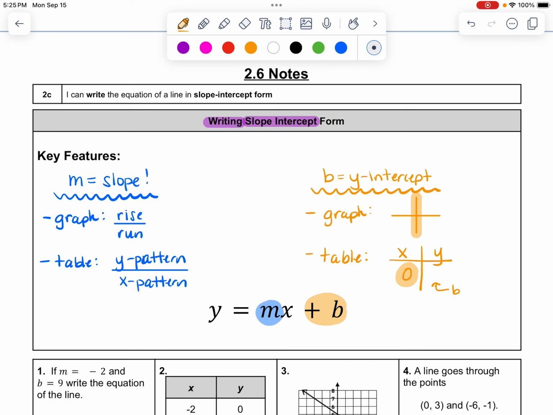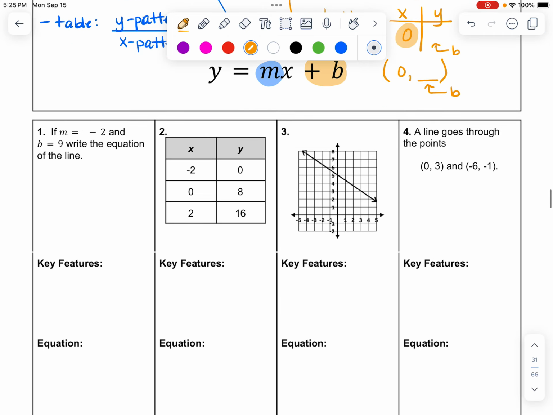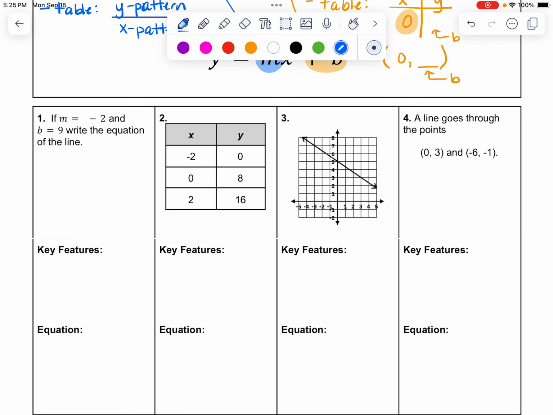One thing you should remember is that no matter what, in a point for a y-intercept, the x is always 0 and the y value is always the b. Once you have those two numbers, you just put them into the equation to make it y equals mx plus b. Let's try that. So in problem number 1, I'm telling you that the m is -2 and the b